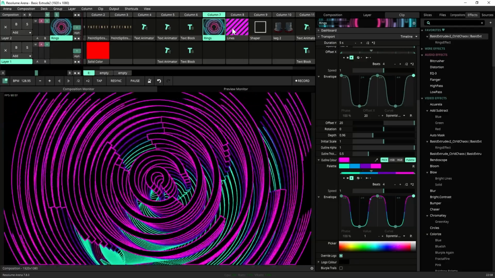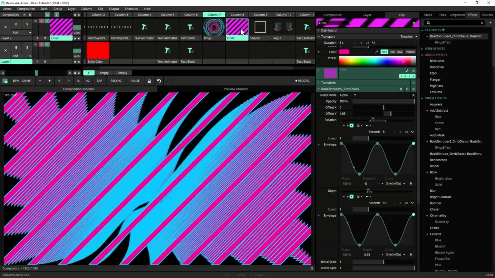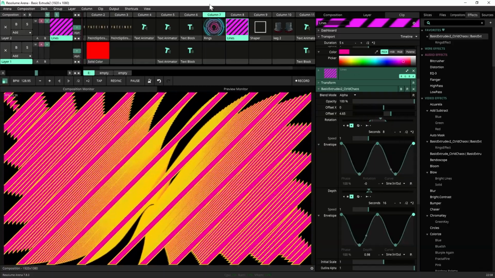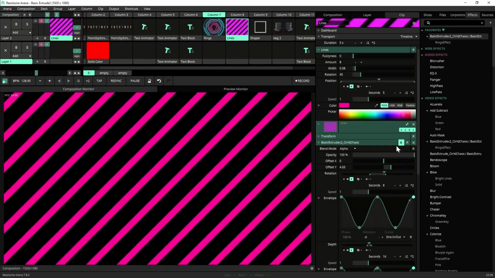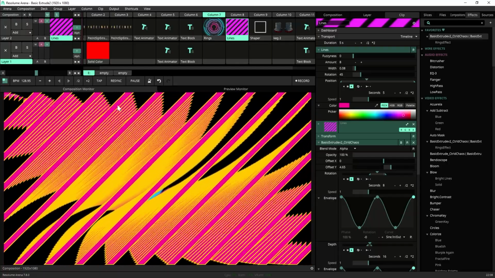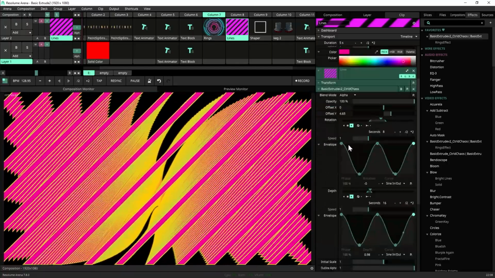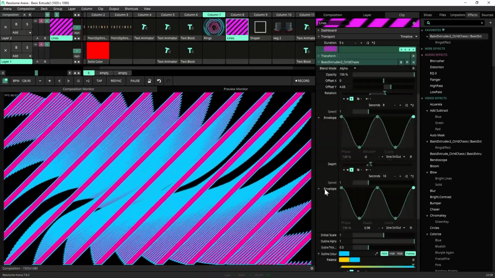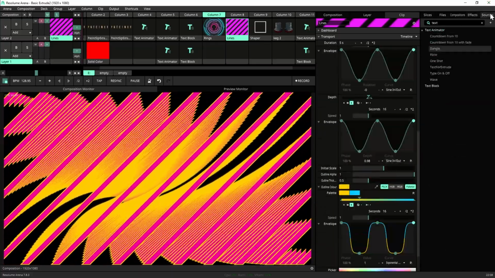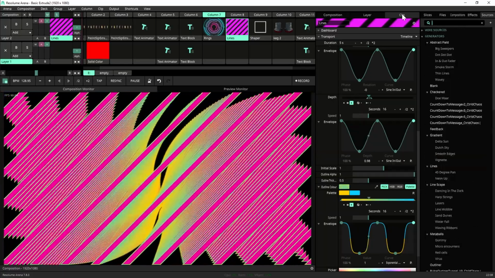Next, we can do something really simple with the lines effect. So if we look here, and we turn off the basic extrude, it's just our 45-degree lines. So we can bring in our look here, which is just going to be moving it slightly in our rotation and slightly in our depth with the color chase. Now the lines look is something we can just grab here. So if we go into our sources,